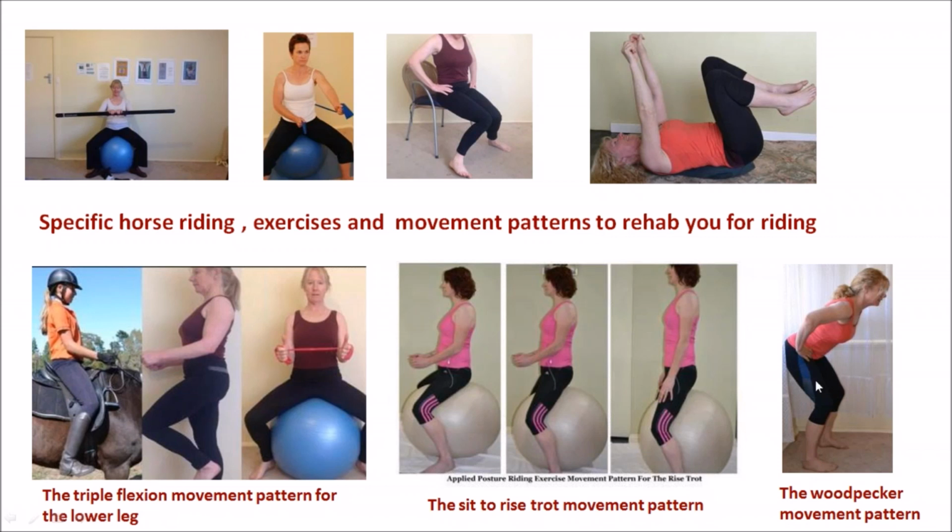This is much more relevant to people who are learning how to use their lower leg in the saddle or jump riders. This is one of the movements that I use for learner riders so that they get the idea how to stabilise and what muscles are needed to be strong, and again in symmetry. So we've got core hold, neutral pelvis, flexed hips. The control of the flexion here is coming through the buttock and the hamstrings,